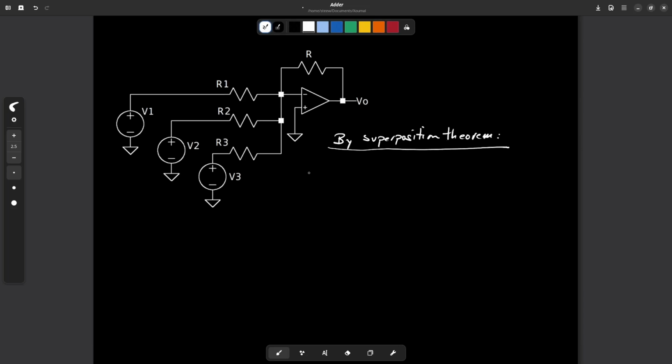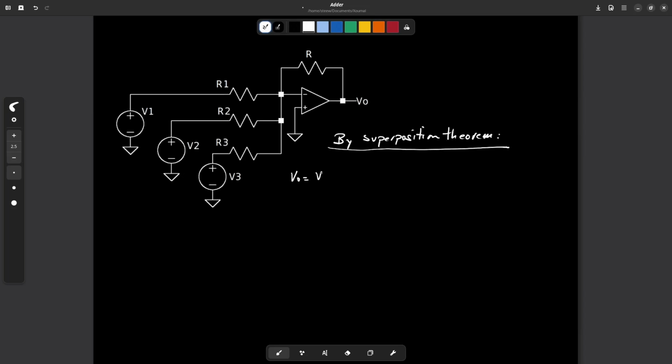The only requirement you have to comply with to do this circuit this way is that the voltages or the currents in the circuit must be independent sources, okay? Like in this case, V1, V2, and V3 are independent sources, and that the circuit is linear, which is the case of an operational amplifier with negative feedback. So we can write it this way. We can calculate V0